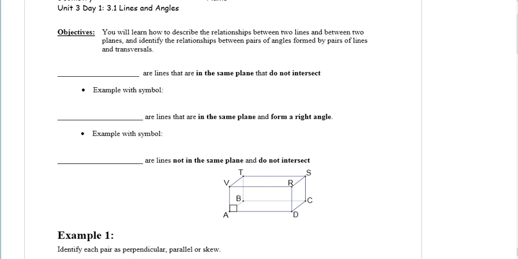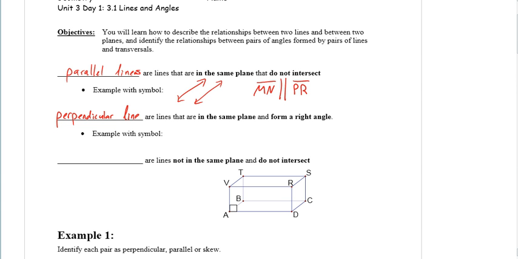So, first set of lines we look at are parallel lines. And those are lines that are in the same plane that do not intersect. So what that would look like is something like this, and the symbol would be maybe MN is parallel to PR. Okay. Second one is perpendicular